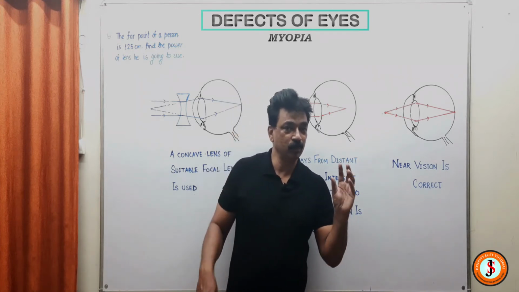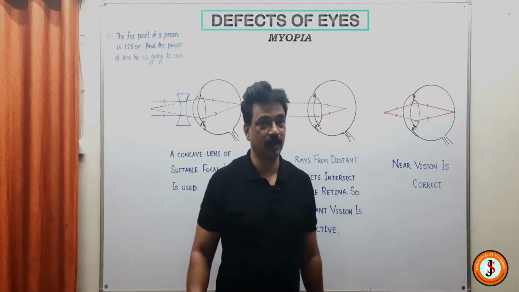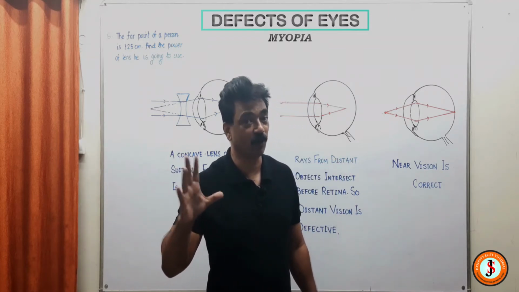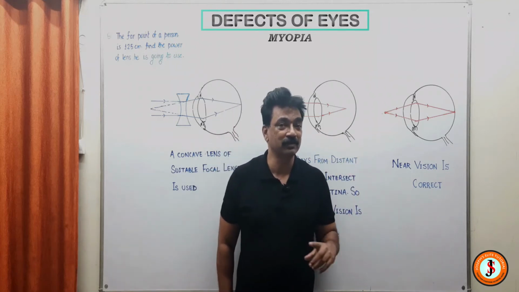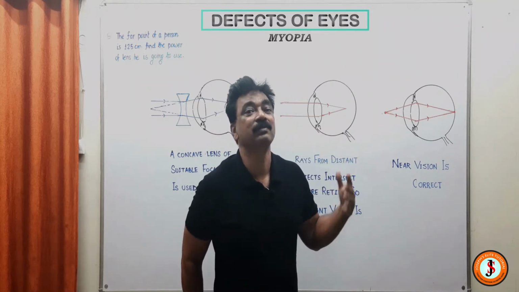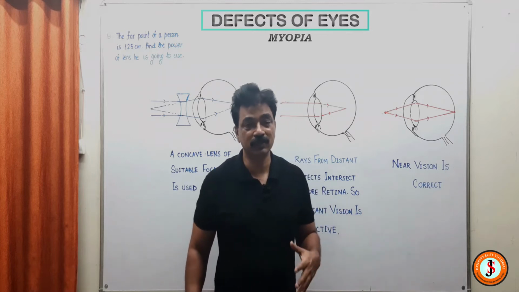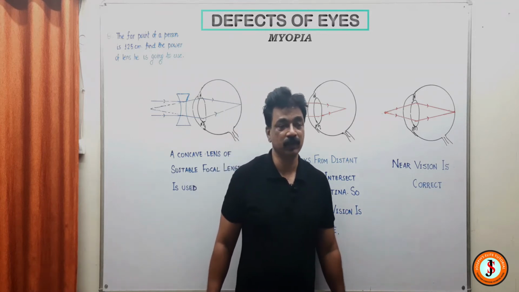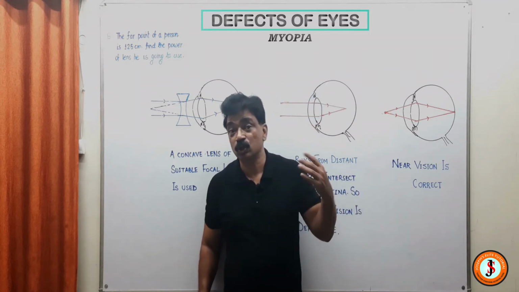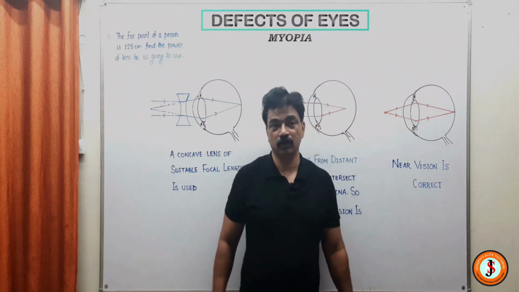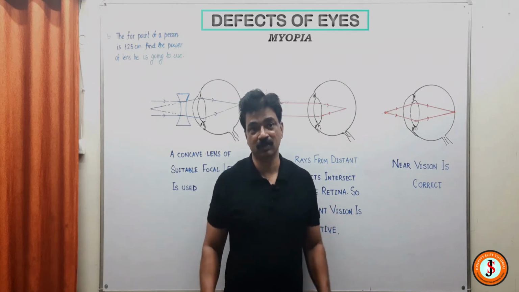But remember, the myopia spelling is short and the hypermetropia spelling is long. Why am I saying this? Because that is the hint to memorize, to remember and to understand these defects. So I start with myopia, as I said. In myopia, the spelling is short, so myopia is called short-sightedness. Now what does short-sightedness mean?